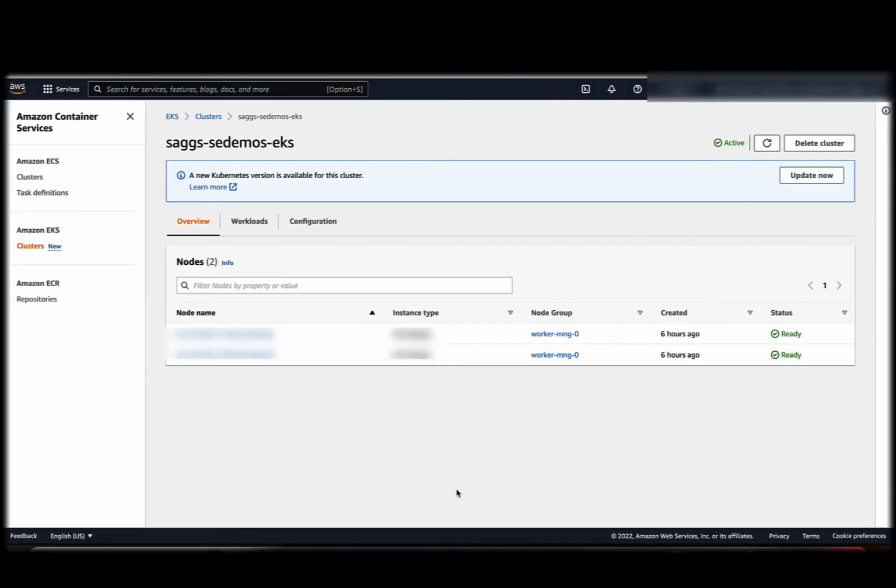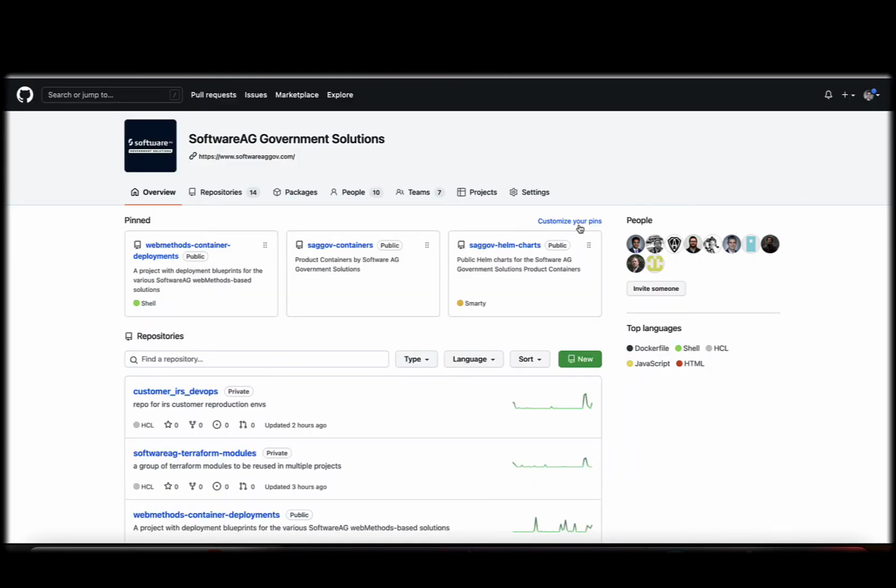Okay, so first things first, we're going to need a Kubernetes environment. I will be using EKS on AWS as my Kubernetes environment, but you could most certainly perform any of the steps that you're going to see in your own Kubernetes environments, whether on Azure, AWS, or even local Kubernetes environments you may have. And then we're going to go to the SoftwareAG Government Solutions GitHub project and find the